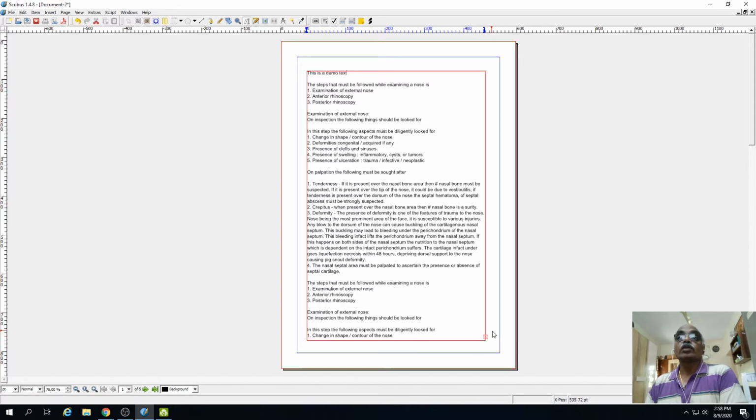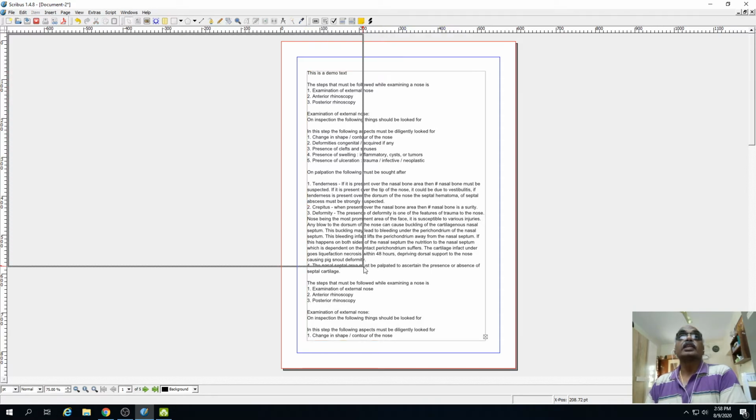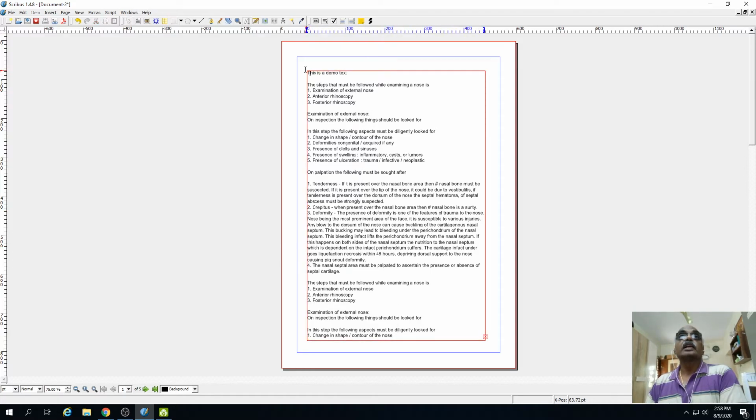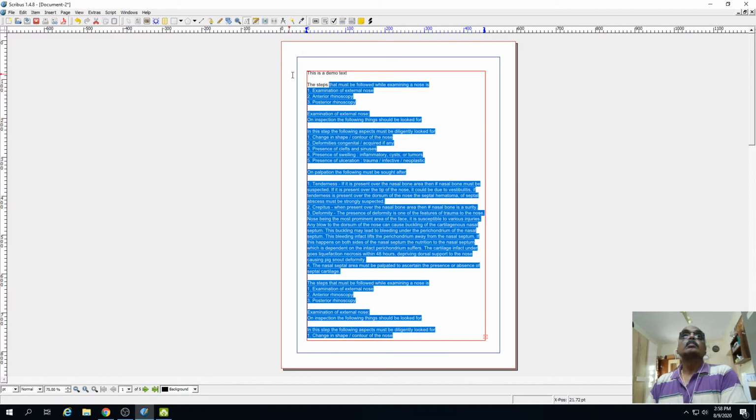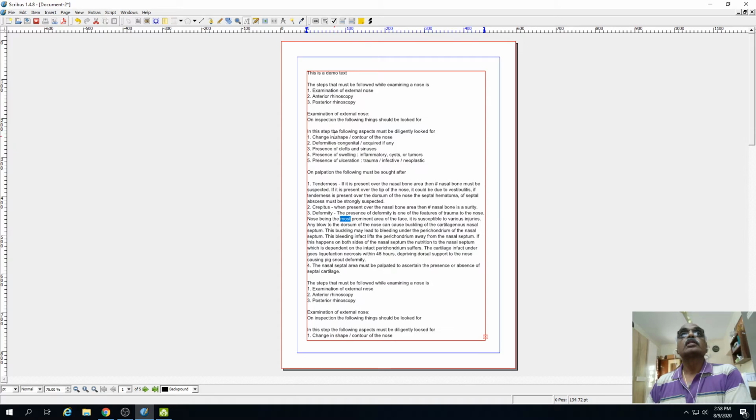So in this scenario, what you're supposed to do is either reduce the size of the font. You select everything and reduce the size of the font. The window needs to be selected like this. Go to properties.